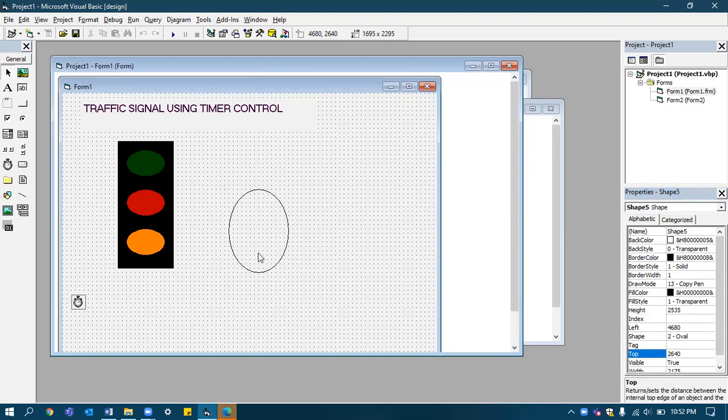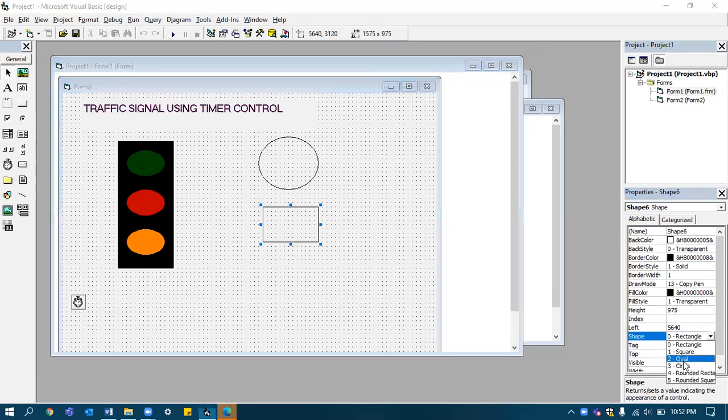After placing it, you can adjust the size. So first oval like this, then draw another 2 ovals: click on shape, paste, and make this an oval.